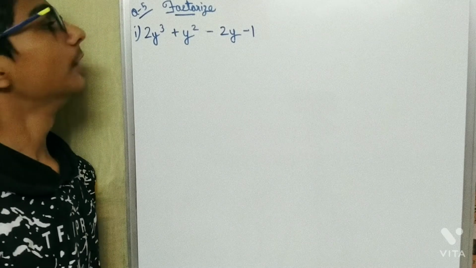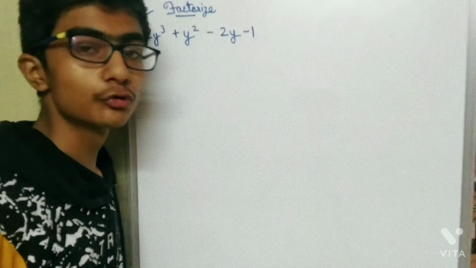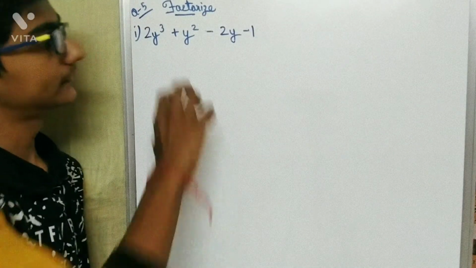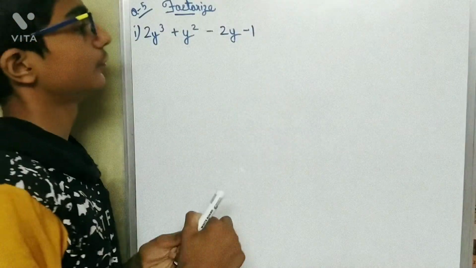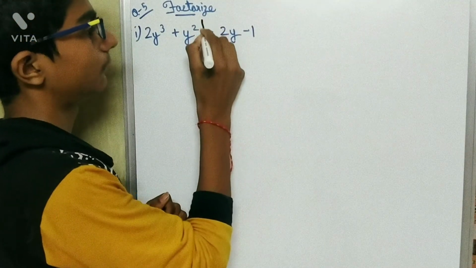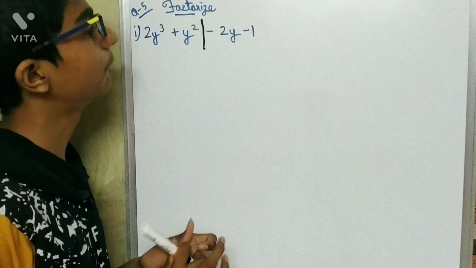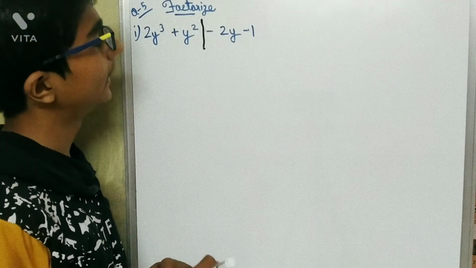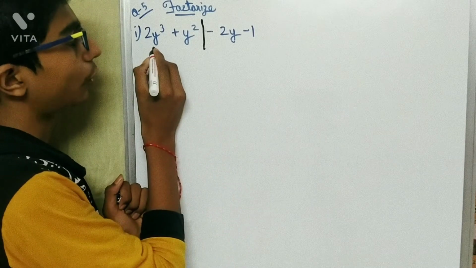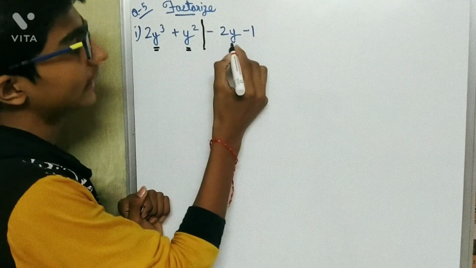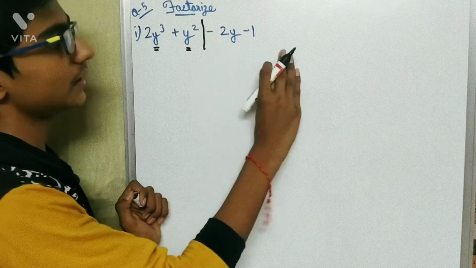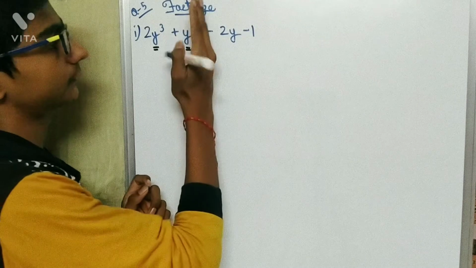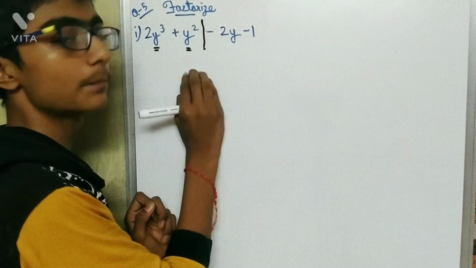So now moving forward, question number 5 of exercise 2.4 is factorize. So here, how to factorize this equation? First, you have to make two parts of this equation. Because there are four terms given, you will make two parts of this equation and then you will take out common. See, here y is common, here nothing is common. That we will discuss afterward, but let's first focus on the first part.